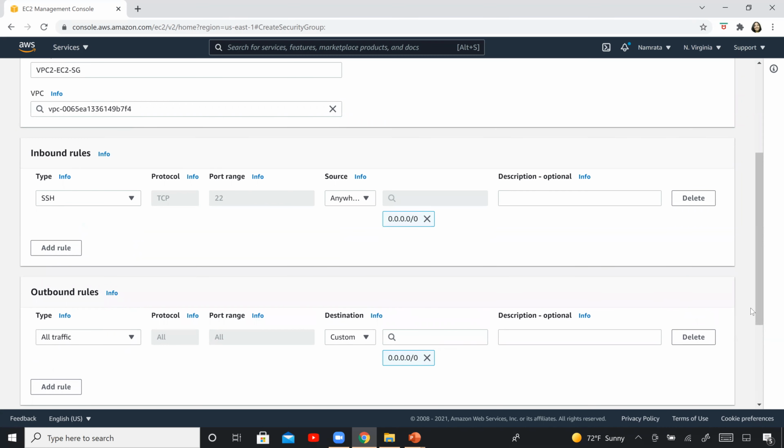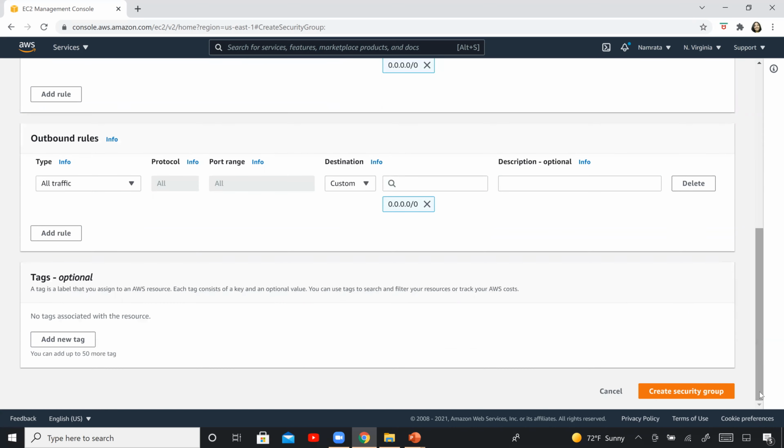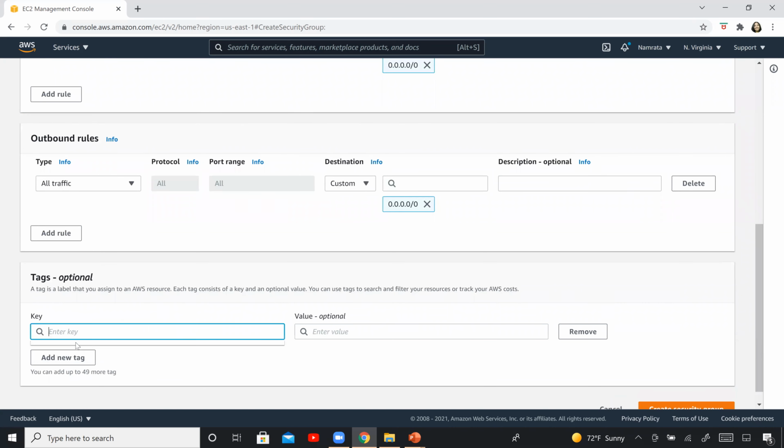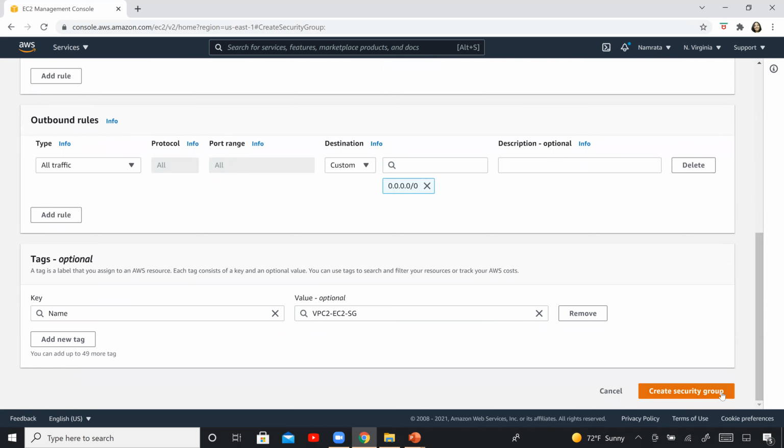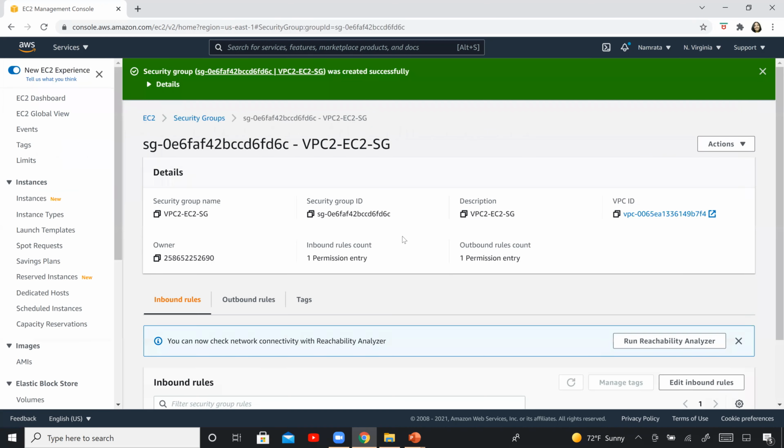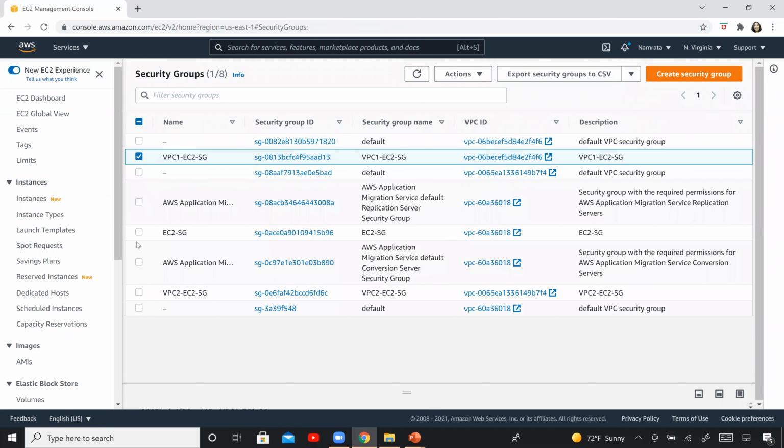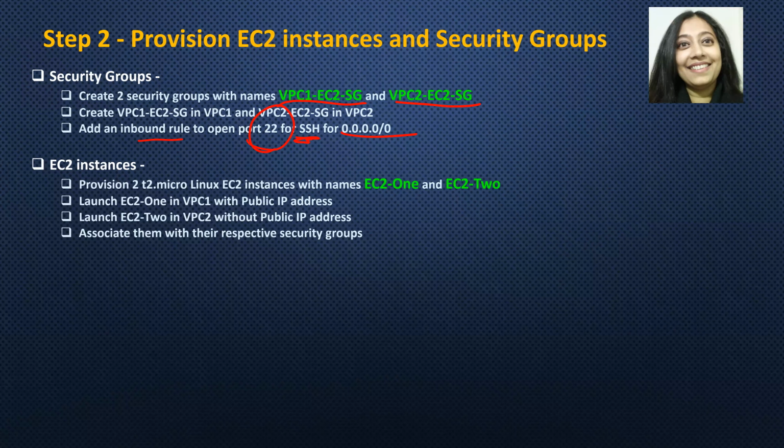We are good with outbound rules. New tag, name, that's the value, create security group. And both our security groups should have been created. So that's 1 and this is 2. So we have basically completed this step.